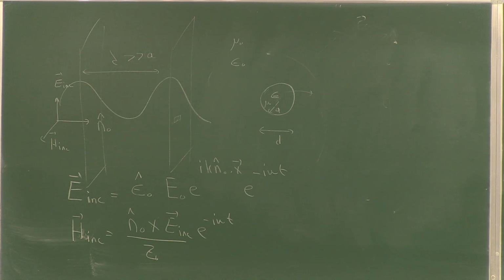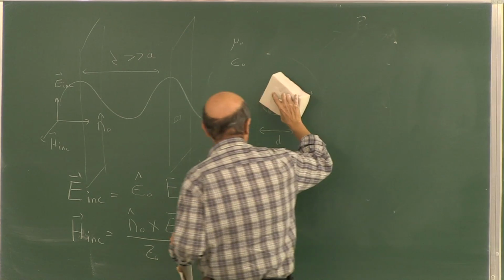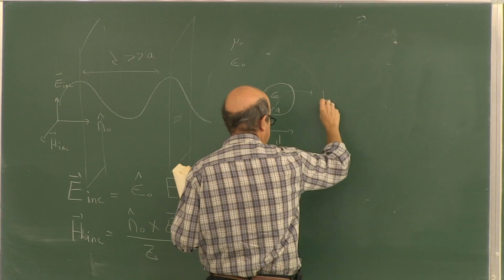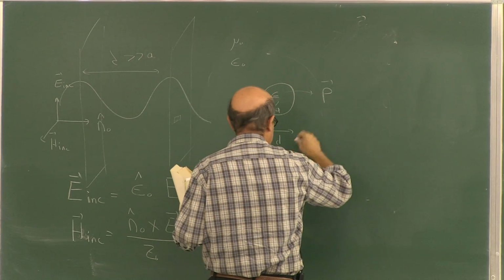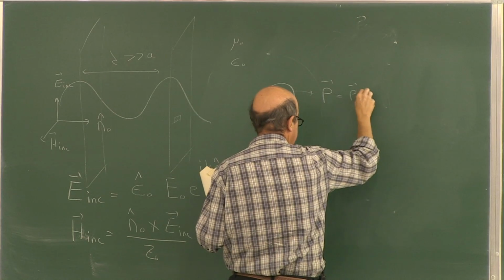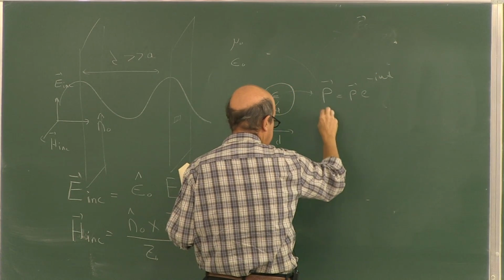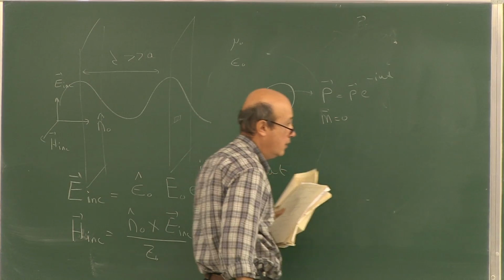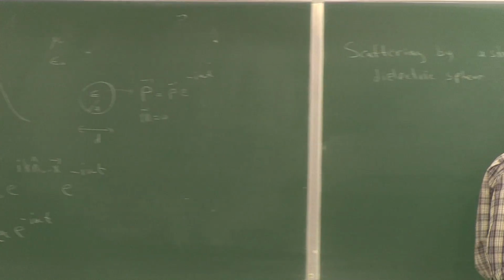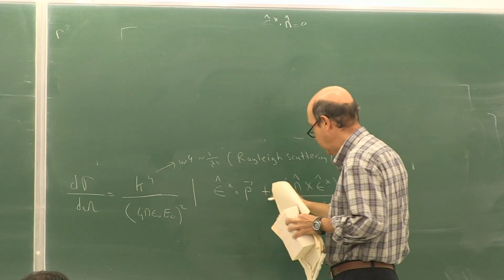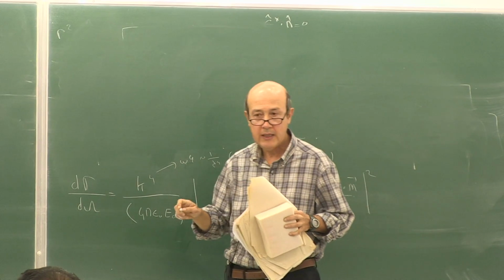So basically you will have only polarization P, and that polarization will oscillate with the frequency of the incoming wave. And the magnetic dipole moment will be 0. Basically, automatically you will put 0 for the magnetic dipole moment,